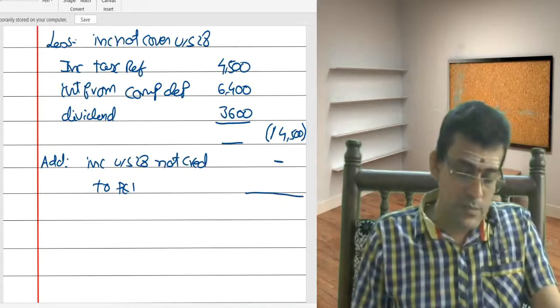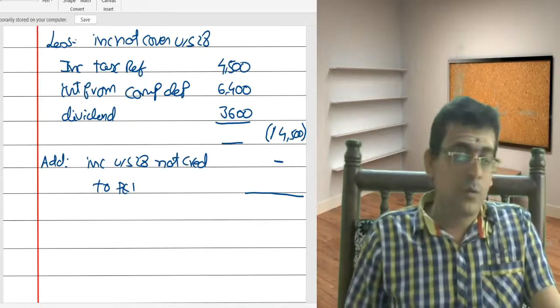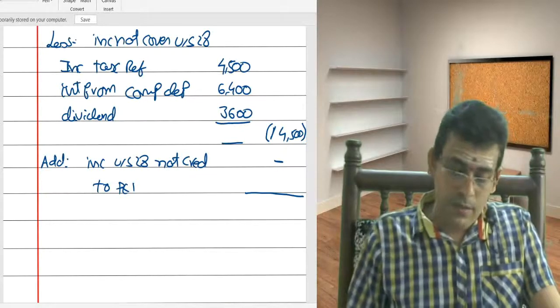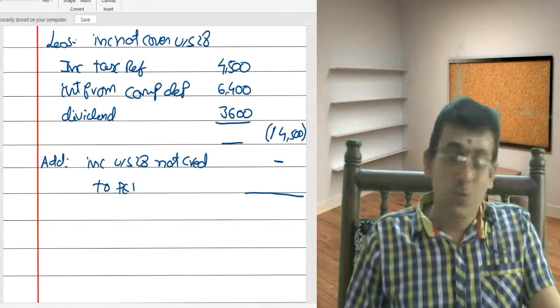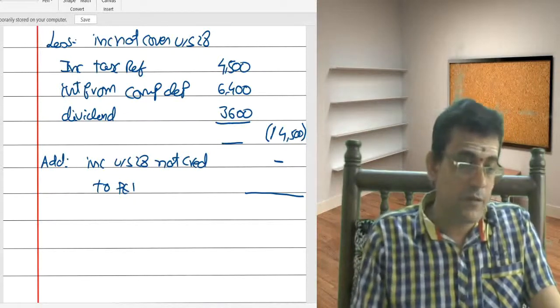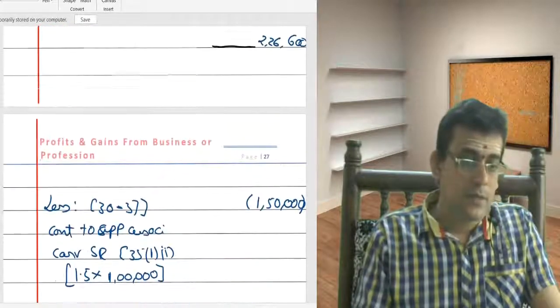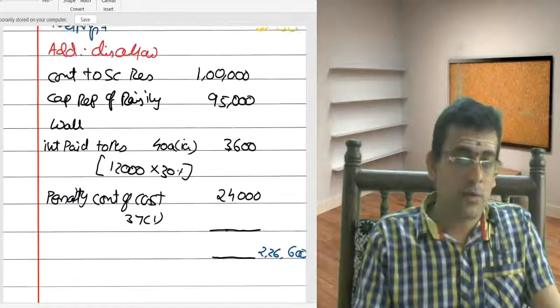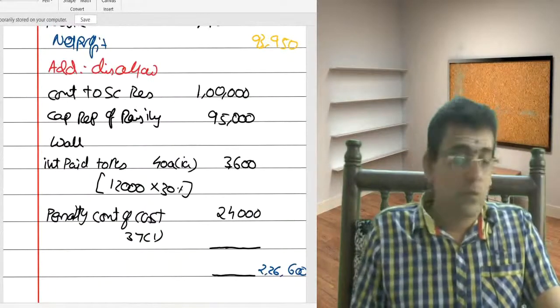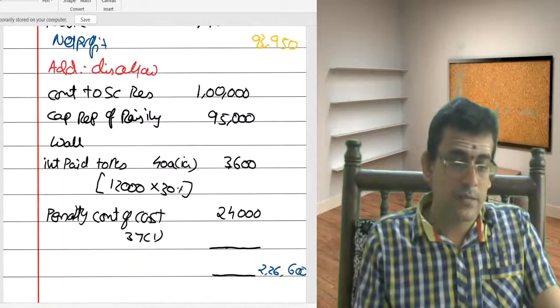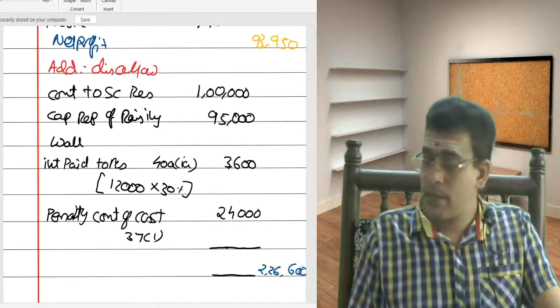So my net profit is what? In the problem given, 93,950. From that, what are you doing? Deductions you are taking. What is the amount of deduction you are taking? 3 lakhs, sorry, from 93,500 you are disallowing. Yeah, one second. One change I need to do here. Yeah, this total. Now if I go back to the problem, 93,950. To that, what is the disallowances total? My disallowances total in this case is nothing but 2,26,600. So 2,26,600 I need to add.